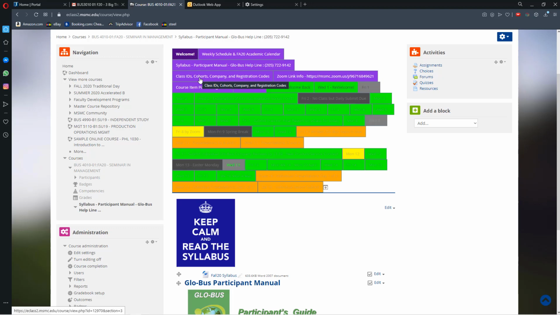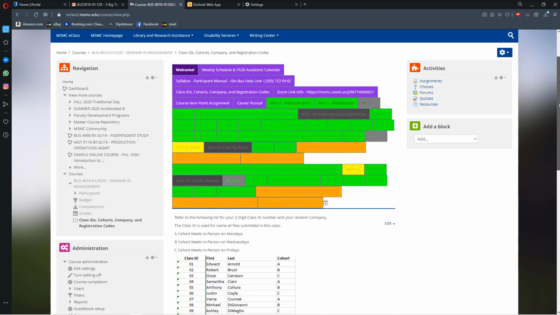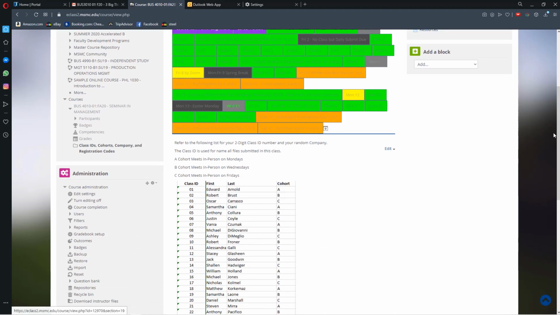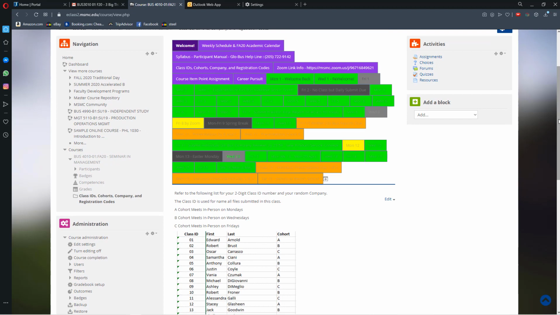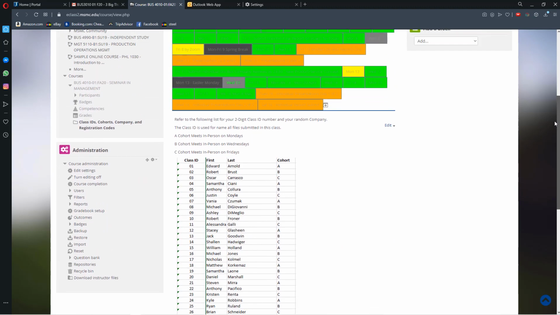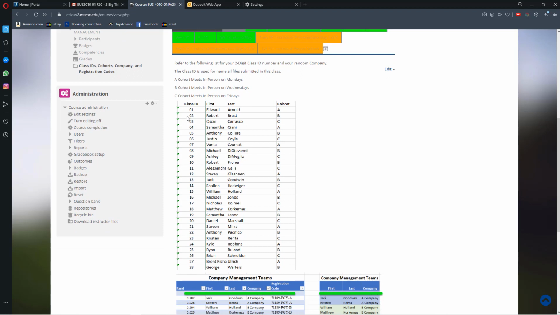All right, so the next thing to look at. Most of you have had me before, so there's a lot of the same setup for things that happen here. What's new is that we have this Monday, Wednesday, Friday cohort to consider and make sure everybody's showing up on the correct day. So on this tab, this is up at the class IDs, cohorts, what company you're in, and registration codes. Did I put those in there? Yeah, I did. There's a lot of information on here that comes really fast. You can look at these tabs very quickly if you have a question. Just remember, it's a pretty active e-class. So here's the list of our